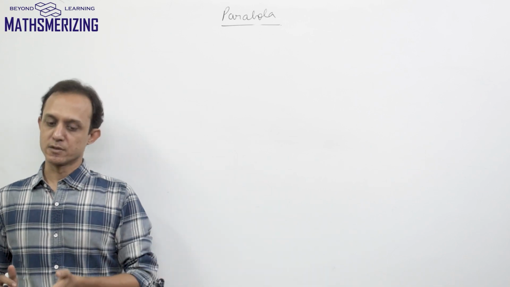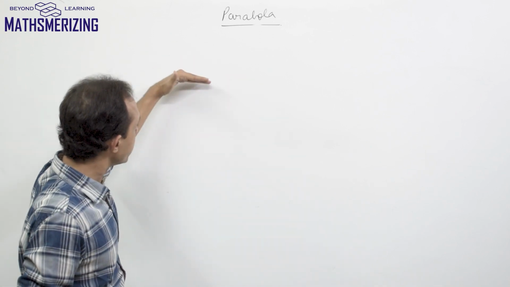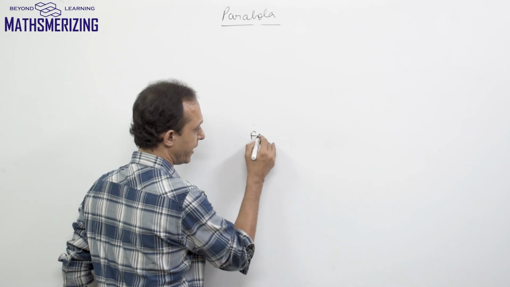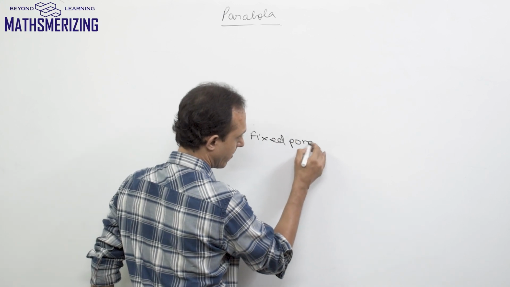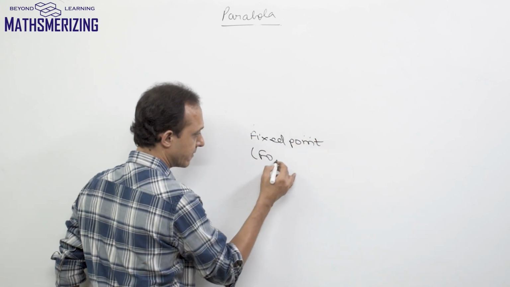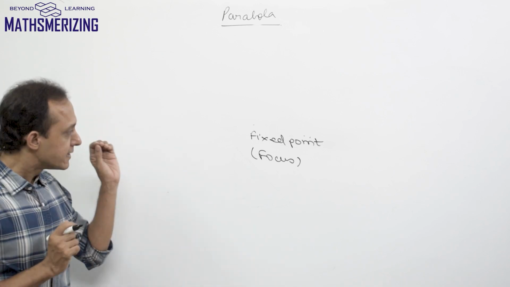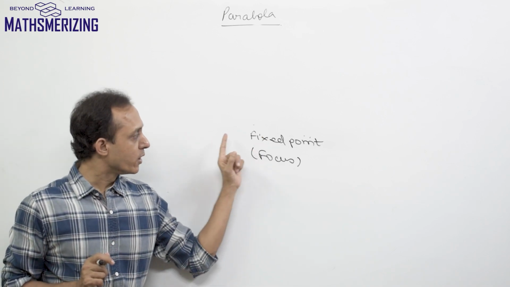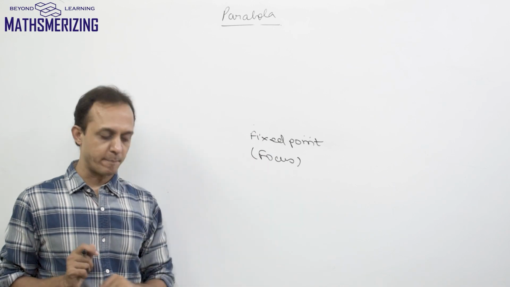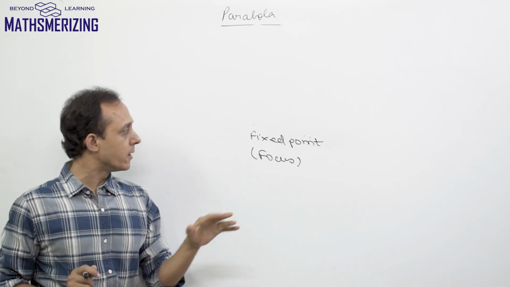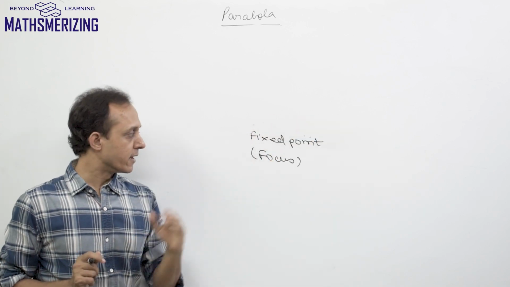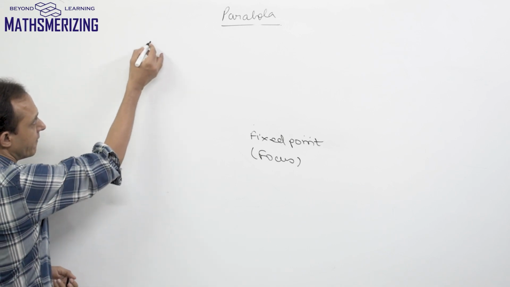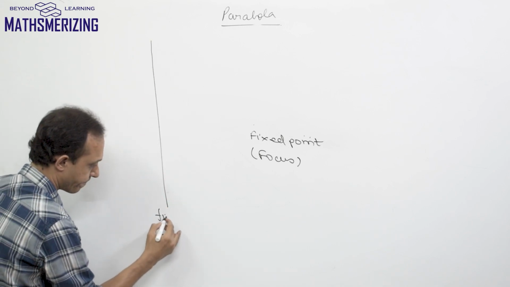Now we look at their formal definitions. So in each of these, parabola, ellipse and hyperbola, we always have three things, and the first is a fixed point, and this fixed point is called the focus. So we'll always be given a fixed point and we'll say that fixed point is a focus. Now in case of a parabola, there is only one fixed point and we say that is the focus of a parabola. In case of an ellipse and hyperbola, we have two fixed points and they are called foci, which is the plural of focus. Then we'll have this fixed line,